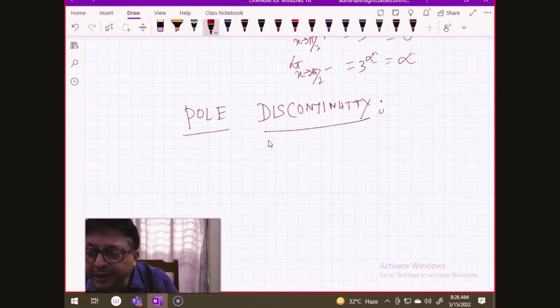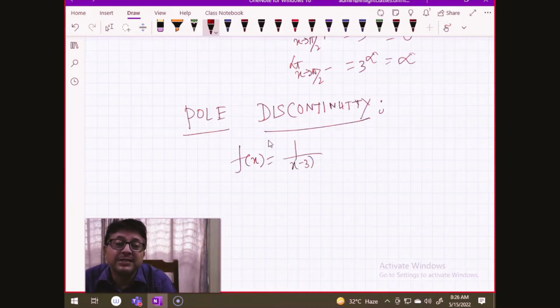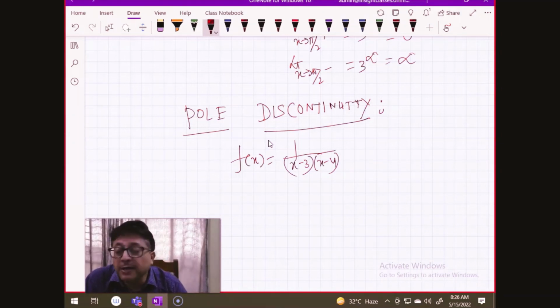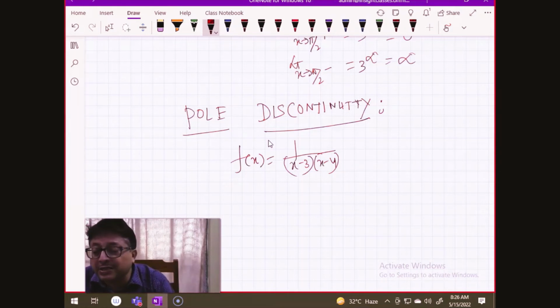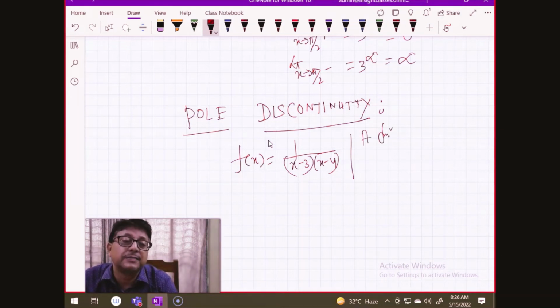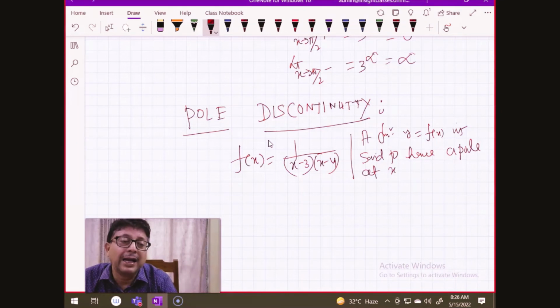Okay. In this context, let me explain what is pole discontinuity. What is a pole discontinuity? You just consider what is the pole of a function. Let me take one example: f(x) equal to 1 by (x minus 3)(x minus 4). What are the poles of this function? It has two poles, x equal to 3 and x equal to 4. It is better to say a function y equal to f(x) is said to have a pole at x equal to a if